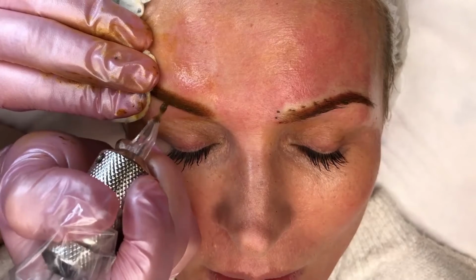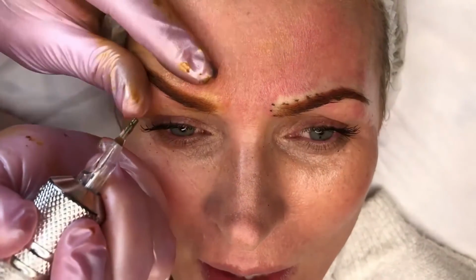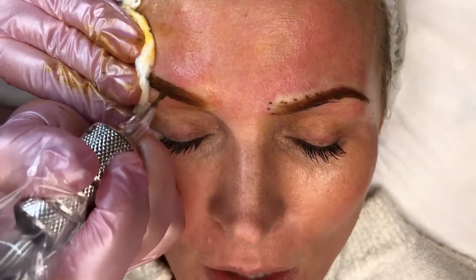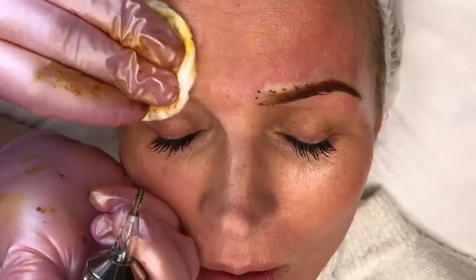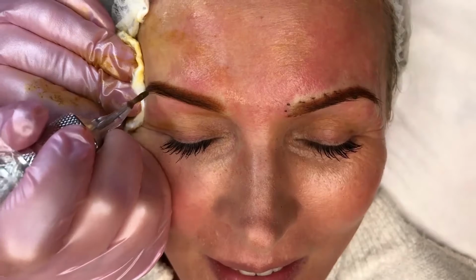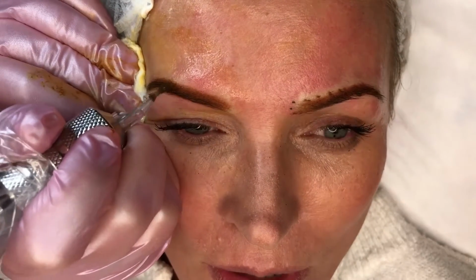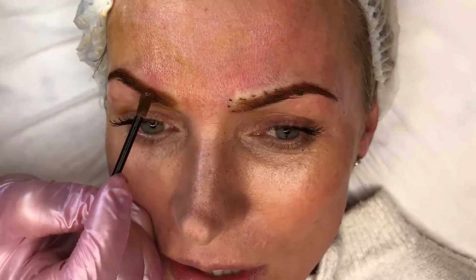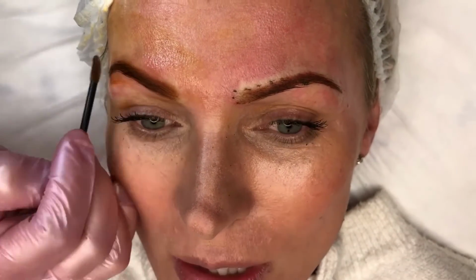I changed the needle again, and now I'm working with a single needle and soft powdering movements. It's fast, long movements, pendulum effect. I changed the needle for an even smaller size, compared to the 5 round shader, to create a super fluffy effect, which is very beautiful. So I decided to do it at the end of the procedure because soft powder is the most effective technique. It works super fast, and when we need a soft powdering effect, a single needle is for sure the best for